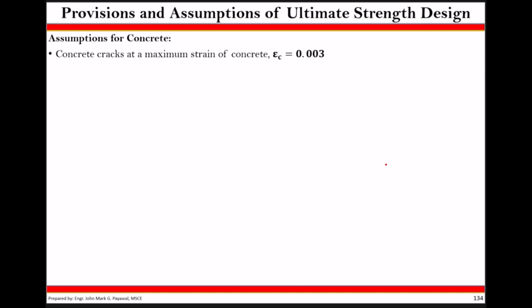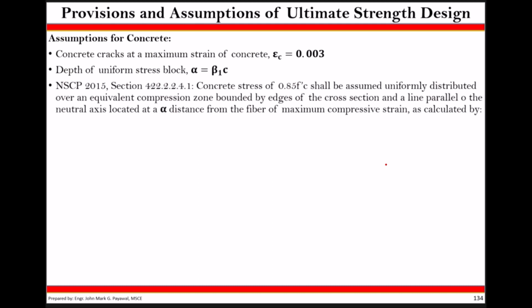I'll show you how those values or equations are derived. According to the NSCP, the depth of the uniform stress block alpha is equal to beta 1 multiplied by your C. Again, your C is the distance from the extreme compression fiber to the neutral axis. NSCP 2015 section